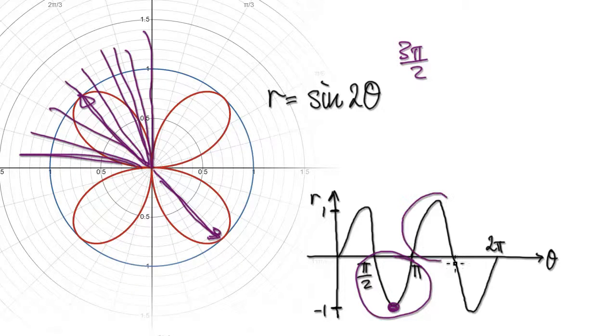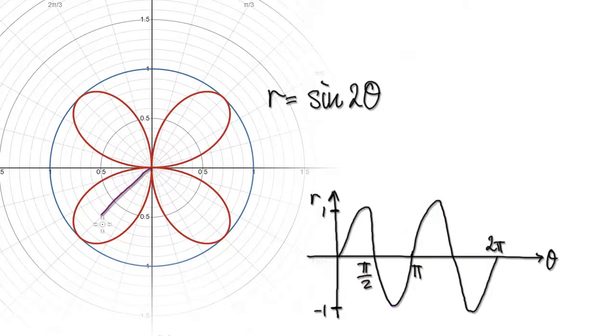So back to here, when you're here, when you go beyond pi, the radius is positive. So when you're beyond pi, so when you're here, the radius is negative. So when you are facing here, it actually correlates to this bit here. So the radius is 1. So it is a positive radius. So this is positive radius. This here is negative